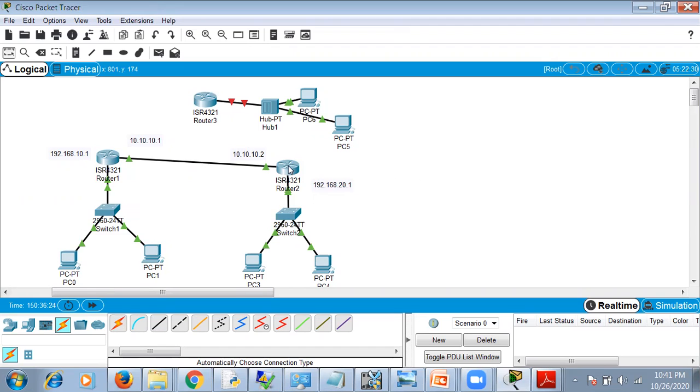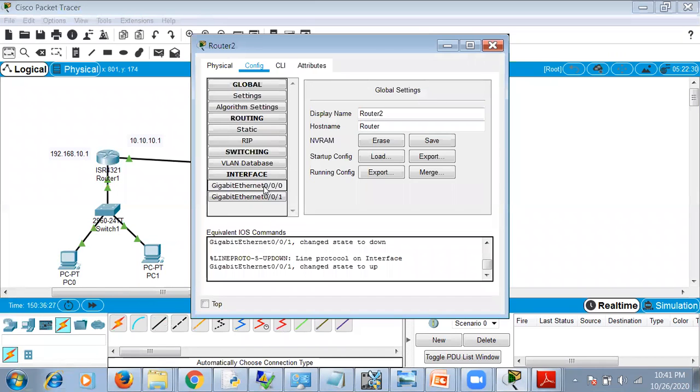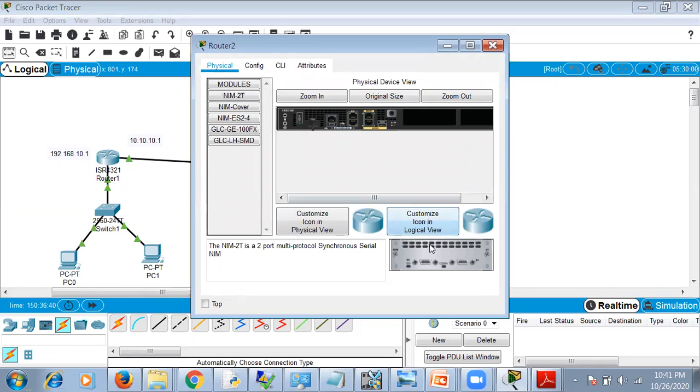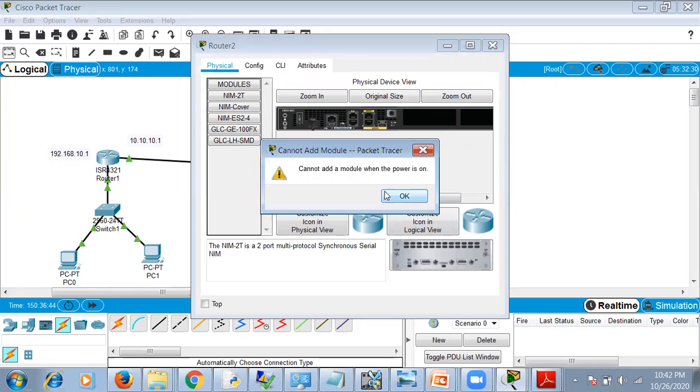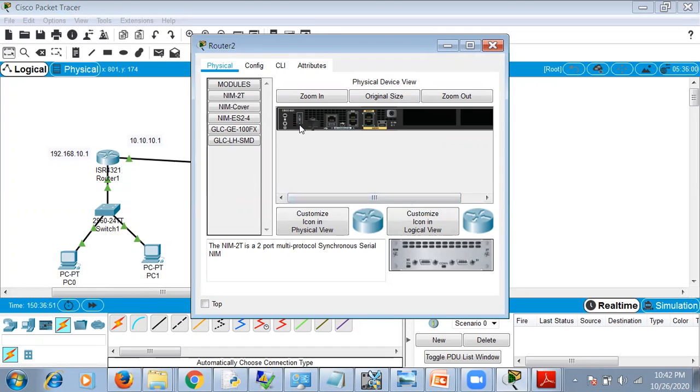So click on this router. That is because we have just two links. Okay, there is 0/0 and 0/1. We don't have another channel to connect to another router. So in order to create one more channel, click on physical. Here we can add one more channel. So drag this one here. Now it gives you an error telling power is on. So when it is on, we cannot do it. So the on button is here. You can see it's light green color. So click here, it becomes off. So now you can move this one here. Okay, so we have created one more channel.